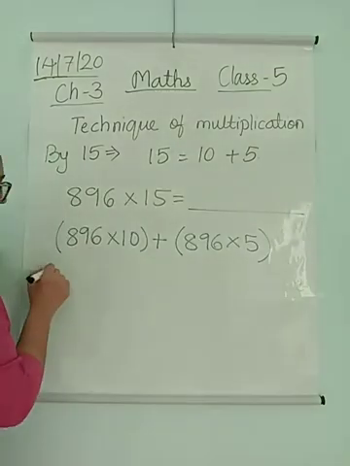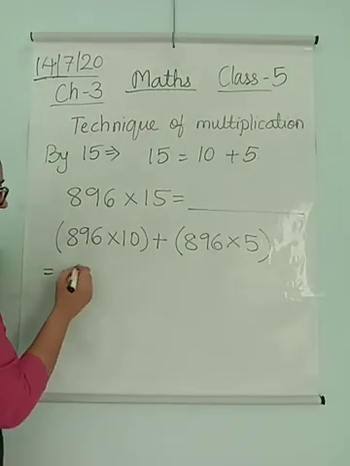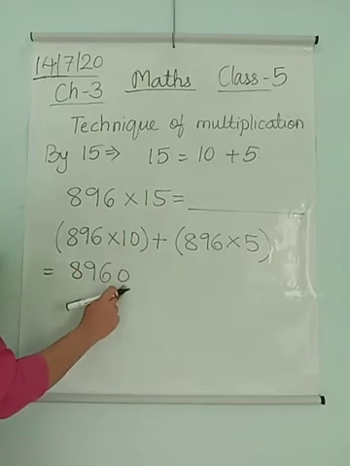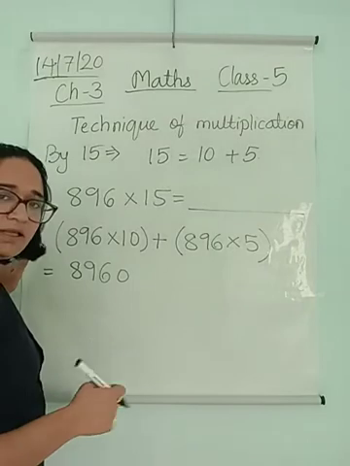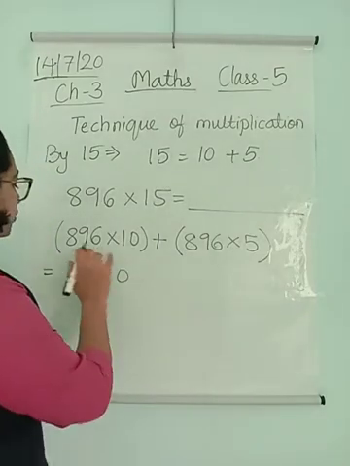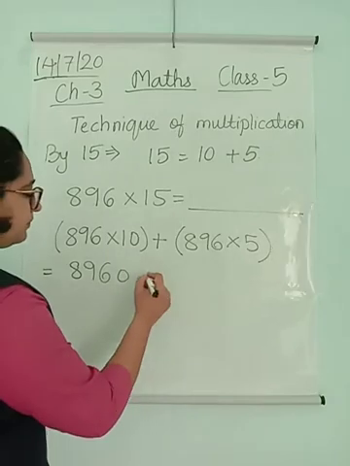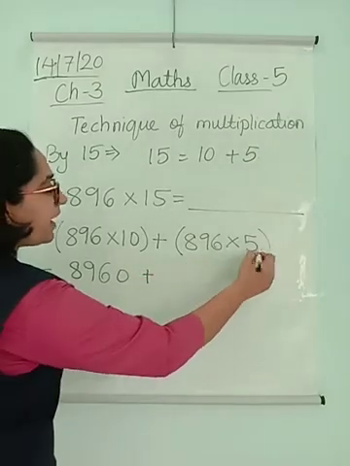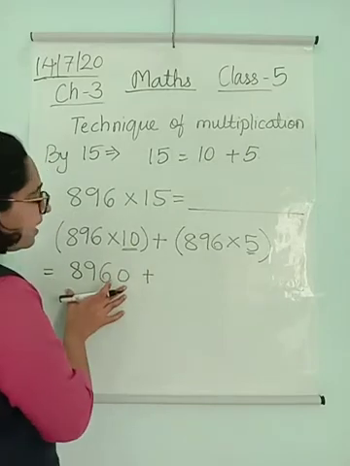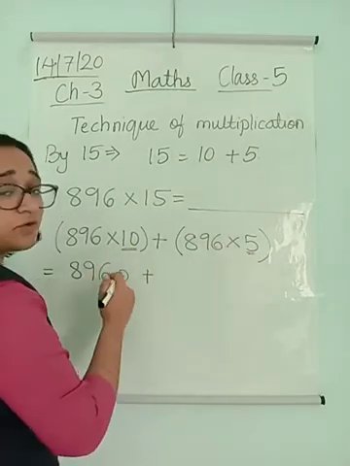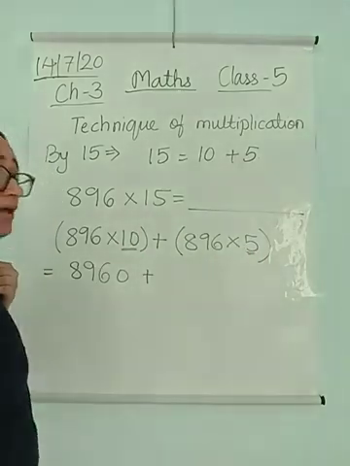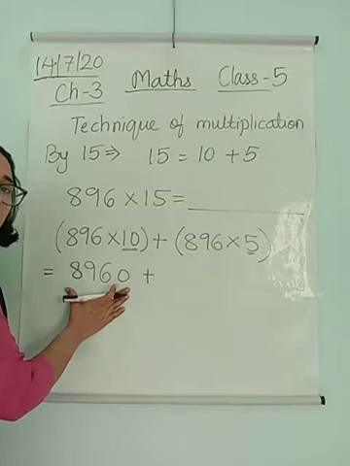Now let's see. 896 multiplied by 10 is 8960. Just add the 0. That is the answer. Any number multiplied by 10, just add that 0 there. Okay, so इसका आंसर आ गया 8960. Now since this is 5 which is half of 10, तो इसका जो भी आंसर आया है इसका आंसर इसका हाफ होगा. Okay, since this is multiplied by 10, this is multiplied by 5, so this answer is double of